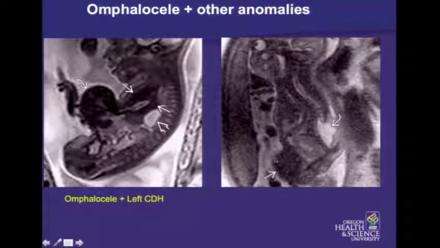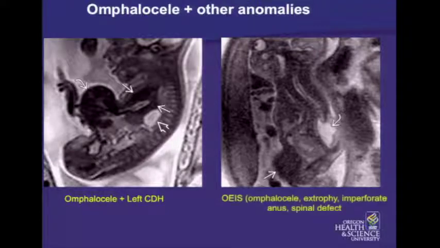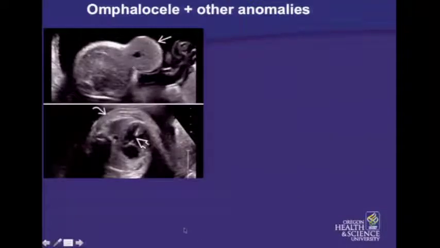Here's a case in which there is an omphalocele, so the liver is extracorporeal here, but the baby also has a large spina bifida defect, and in addition had bladder exstrophy and imperforate anus, so this fetus has OEIS association. Another case of omphalocele and a VSD,